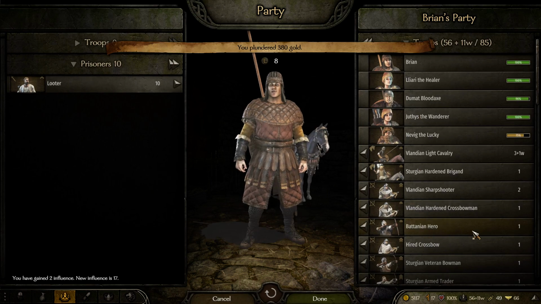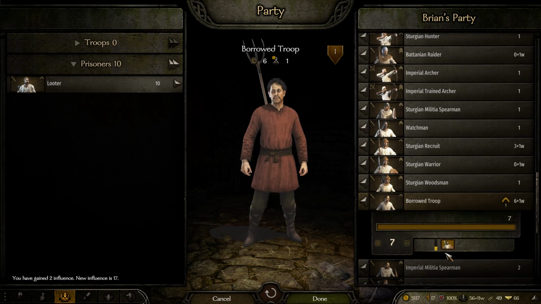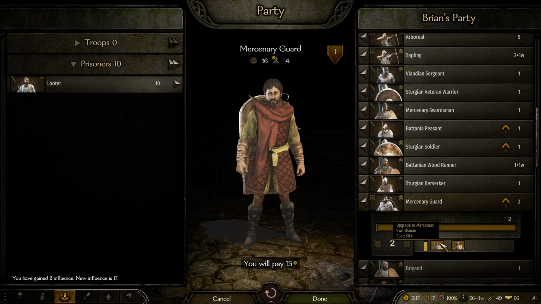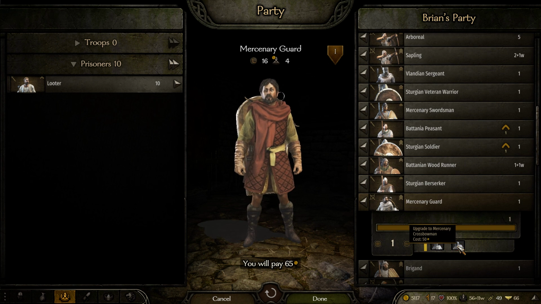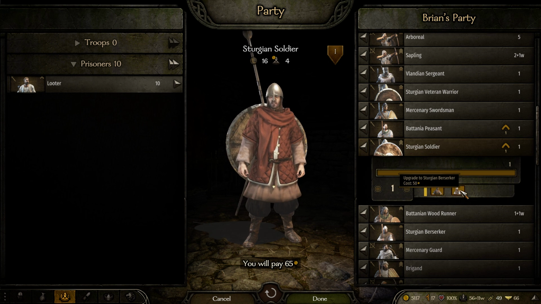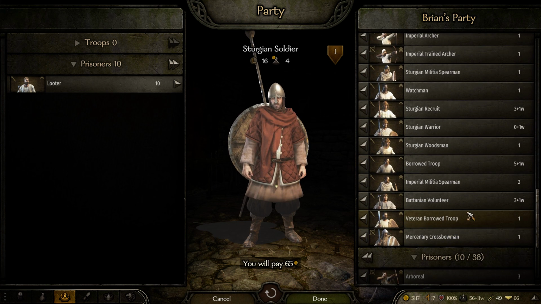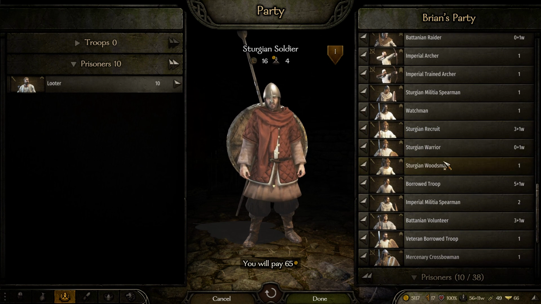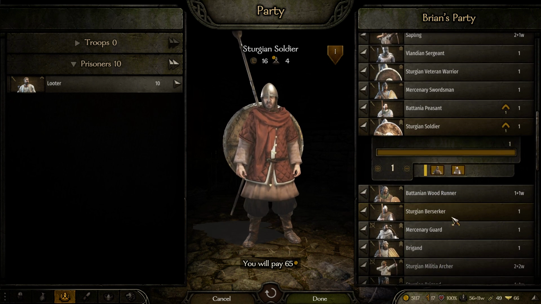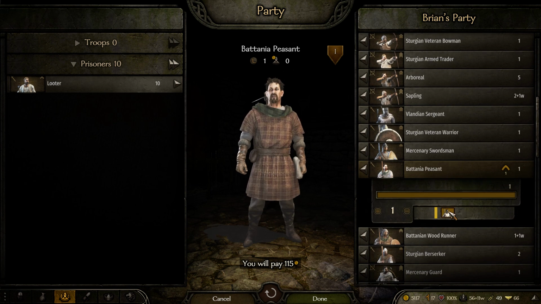5 promotions, I like to see that. Although down here it seems to be only 4, nevertheless. Veteran boar, yes, that's nice. Mercenary swordsman or mercenary crossbowman. We're going to go for crossbowman, of course. The sturgeon soldier, on the other hand: sturgeon spearman or berserker. Do we have one of these? We've only got the sturgeon woodsman there. No, we do have a berserker, so let's go for that. That might be useful in